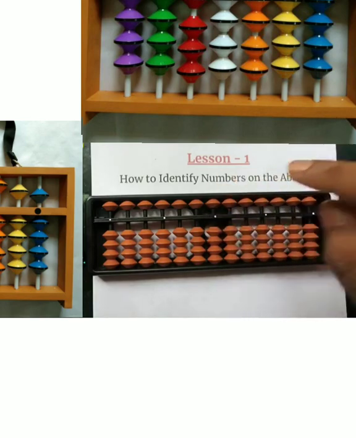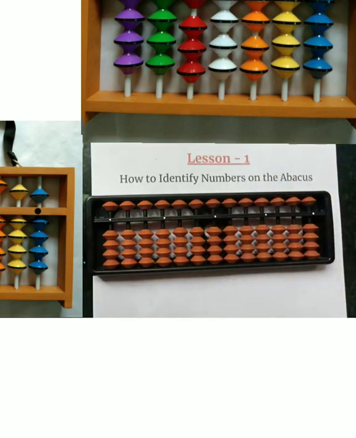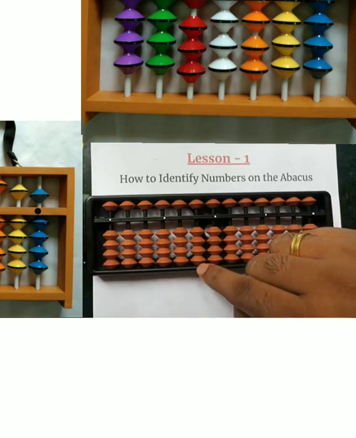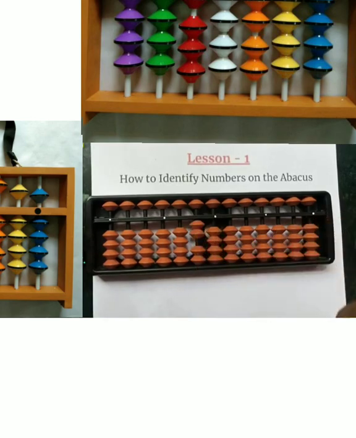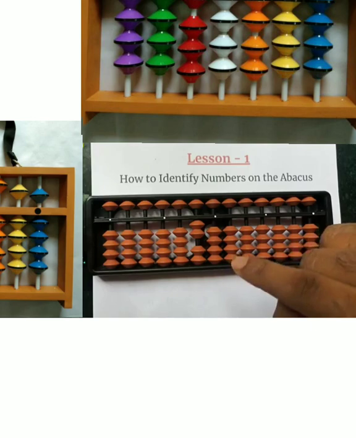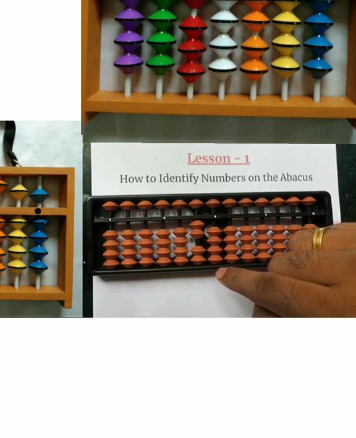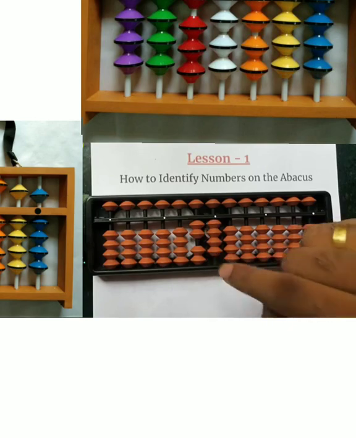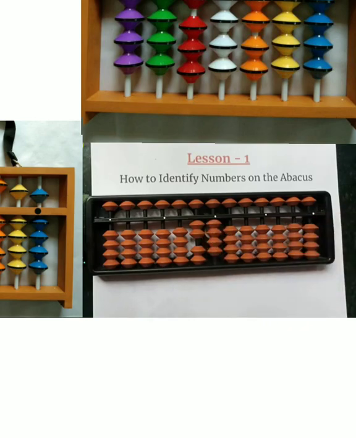Now let's look at 2 digit numbers. In case of 2 digit numbers, one digit is on the tens place, the other digit is on the units place. Let's take an example. Suppose we want to show the number 24 on the abacus. We need to have 2 on the tens place. This is our tens place rod, so on this rod, I need to represent 2. I have taken 2 on the tens place. For 24, I need to represent 4 on the units place, so on the units place rod, I'll take 4 beads. So now the number that we have on the abacus is 24.